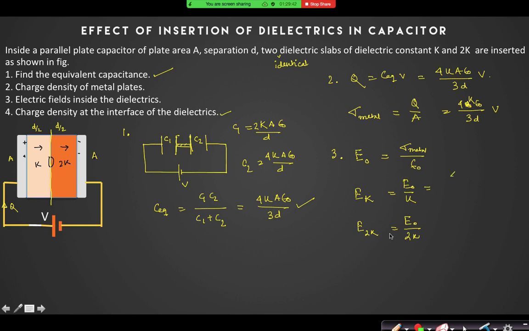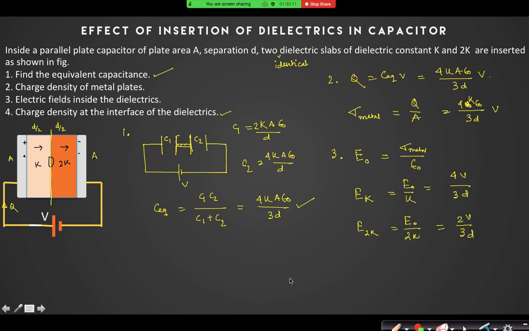So that is 4V by 3D, and then it is positive, 2V by 3D. Yes, tell me. The charge density at the interface will then be positive. Let me check. So it is 4V by 3D, 2V by 3D. You can also see that 4V by 3D into D by 2 is equal to 2V by 3. 2V by 3D into D by 2 is equal to V by 3. So 2V by 3 plus V by 3 equals V.